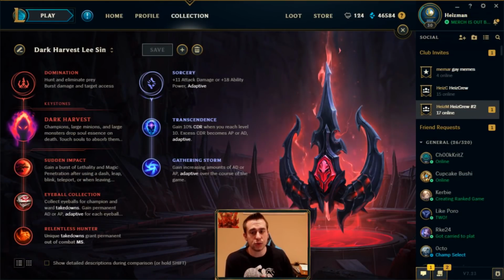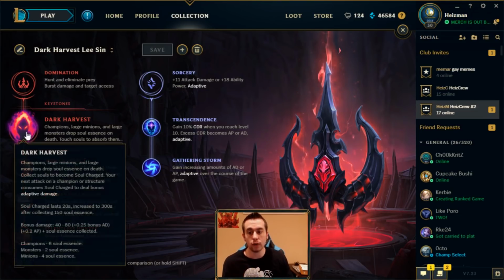Alright, so the next rune that I tried out on Lee Sin was Dark Harvest. And if you're not familiar with Dark Harvest, what that does is anytime you kill a large minion, or a large monster, a cannon minion, or an enemy champion, you get a certain amount of soul essence, and that'll continuously stack throughout the game, kind of like a Nasus Q, so that at the end of the game, you're actually on your next auto attack doing bonus 80 adaptive damage,